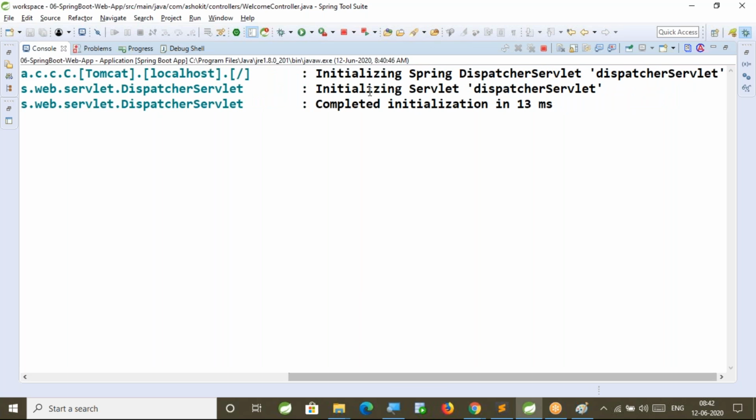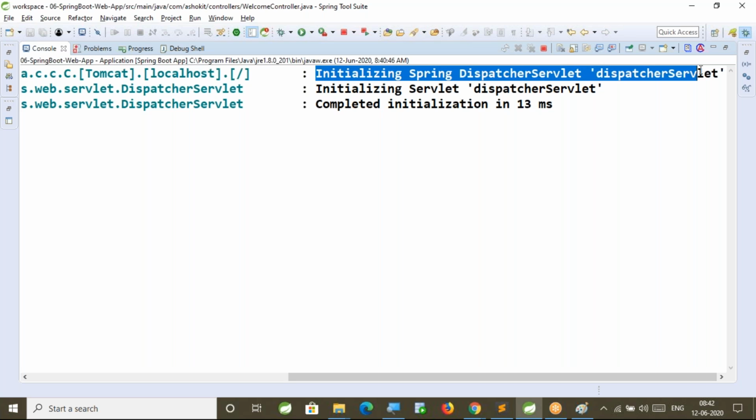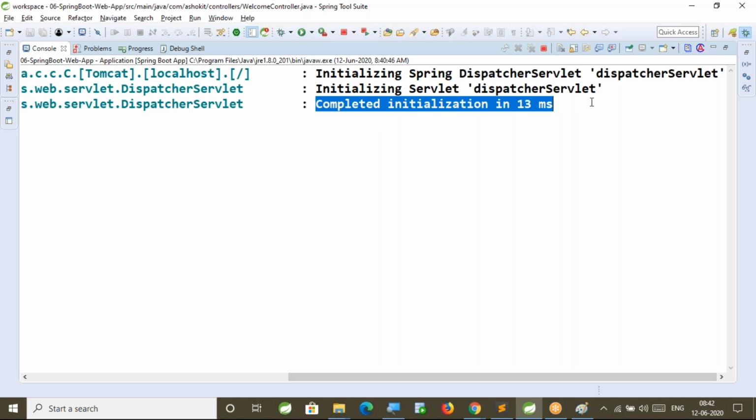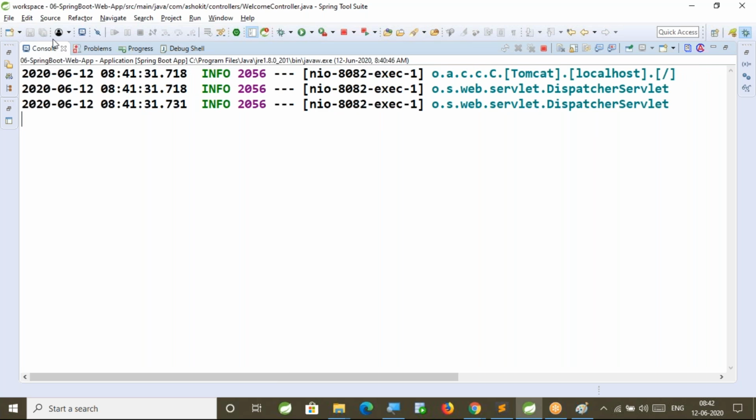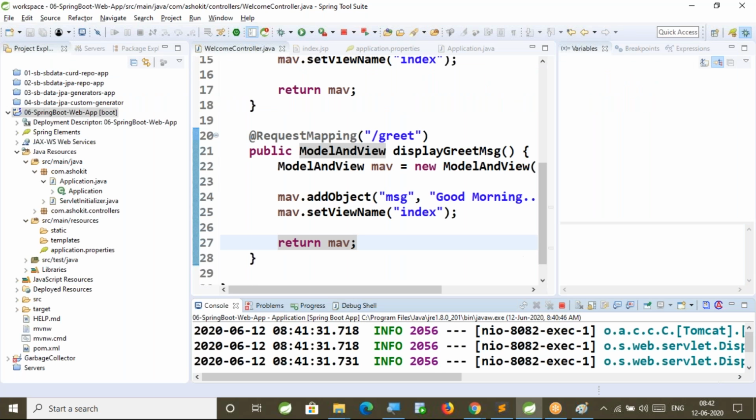Now see here, initializing Spring Dispatcher Servlet, completed initialization in 13 milliseconds. Whenever you send a request to the Spring Boot web application, Dispatcher Servlet will be initialized by default, because to run our Spring web application, Dispatcher Servlet is required as a front controller.